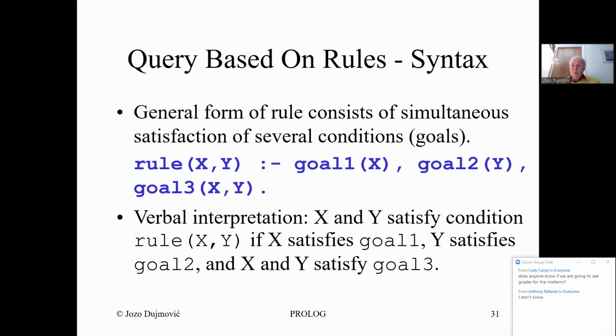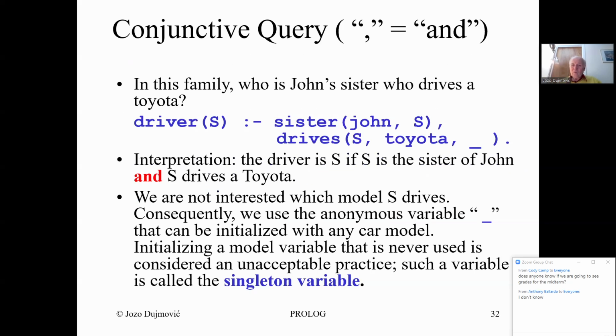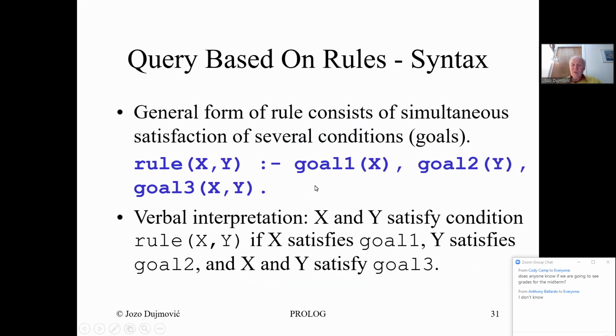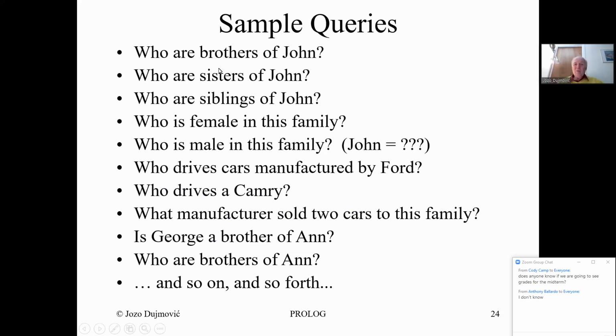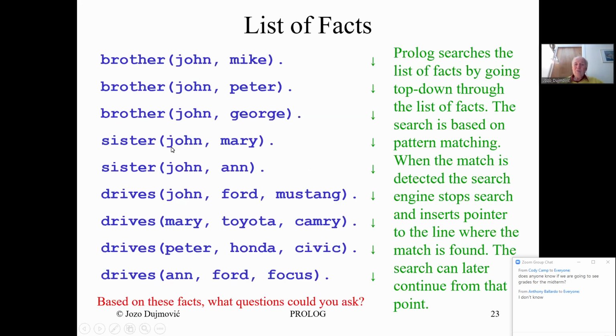We'll see an example. Going back to our family that we used to study in the previous case, we have that brothers are John Mike, John Peter, John George, and then sister of John is Mary, sister of John is Anne. And then John drives Ford Mustang, Mary drives Toyota Camry, Peter drives Honda, and drives Ford Focus. Now,